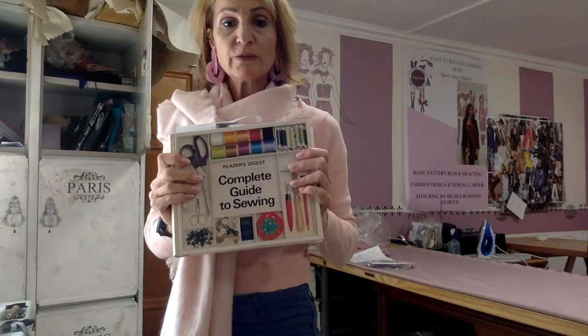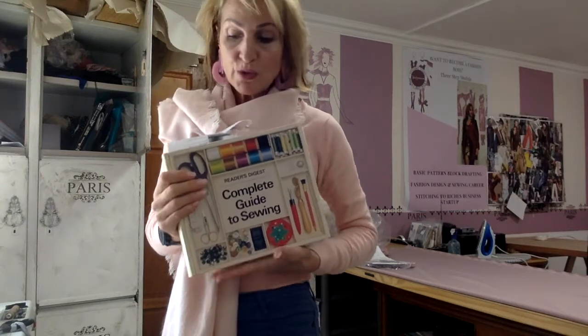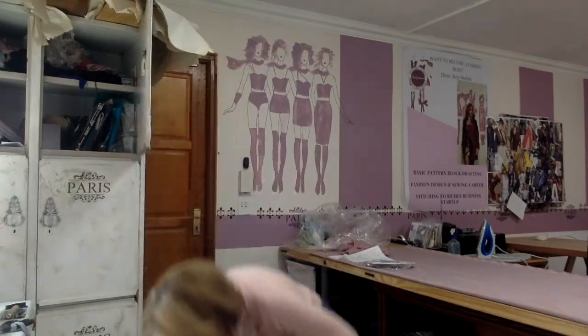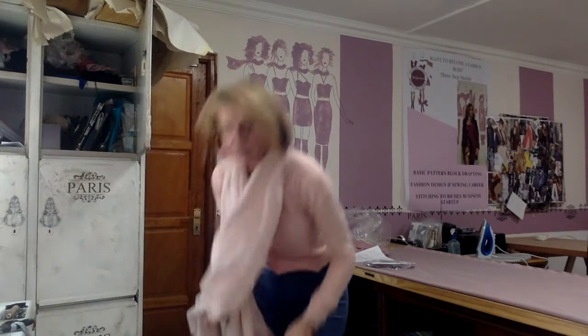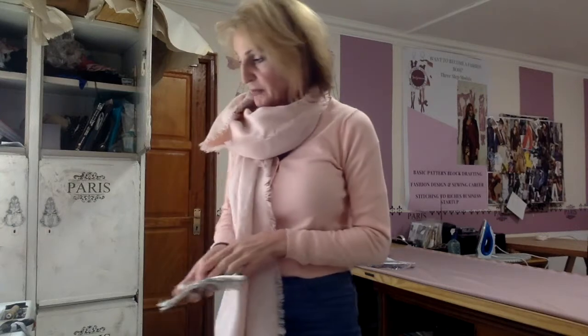It's quite a thick old one, because sometimes you might just forget how to sew something, or maybe you weren't taught. Now, I went to fashion designing college, and when I went to fashion designing school, they don't teach you how to sew. They teach you how to design and make patterns, and how to think like a designer. They don't even teach you how to run a business. They just teach you how to draft patterns and to be a designer. That is it. There's no entrepreneurship skills and stuff that they teach you, and how